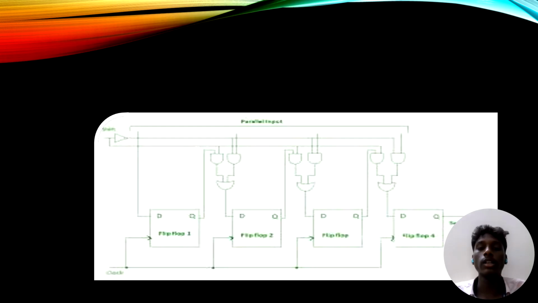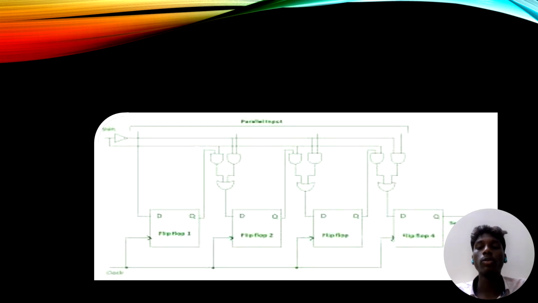or shifted serially. The working principle of this circuit is that the PISO register works in two modes, load mode and shift mode. First we will see when the control signal, usually a shift or load line, is active for loading, each flip-flop receives its bit directly from the parallel input. This operation happens with one clock pulse, meaning the entire 4-bit word is stored at once, and the second mode,